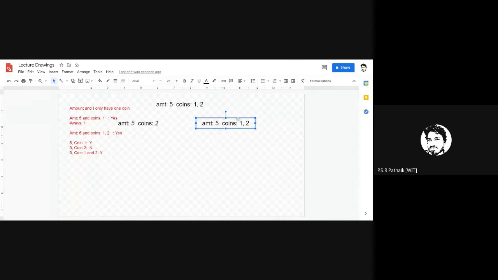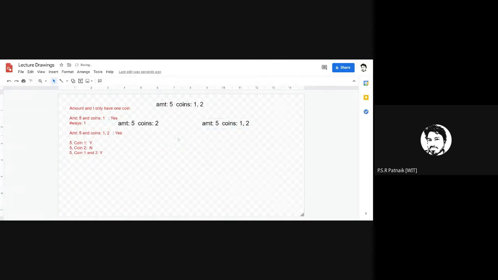Here you have further cases. You have decided that you will use coin 1. So now you have to make a decision for coin 2. So here you have 2 cases. If you decide not to use this, what does this problem become?